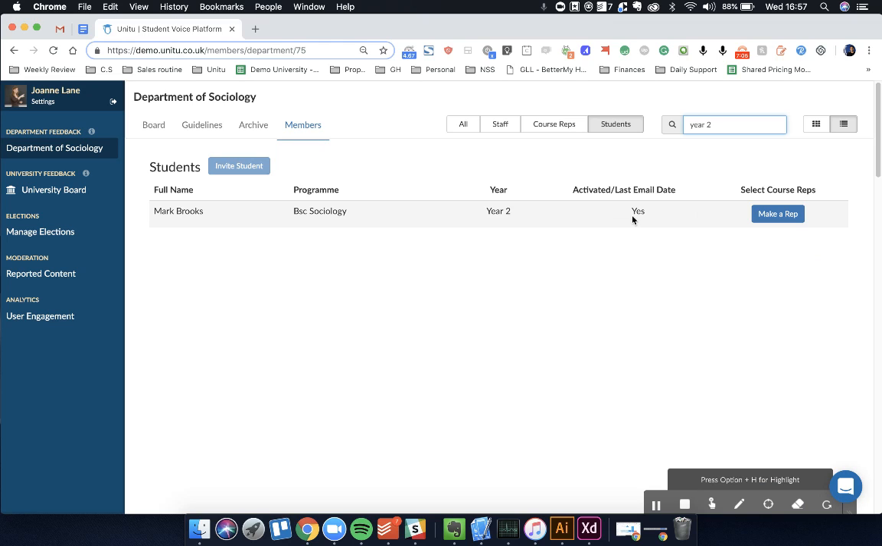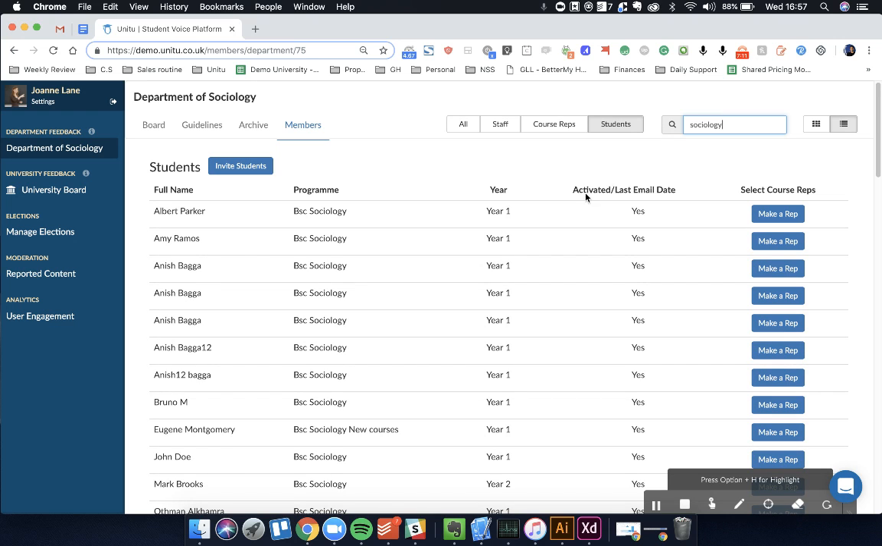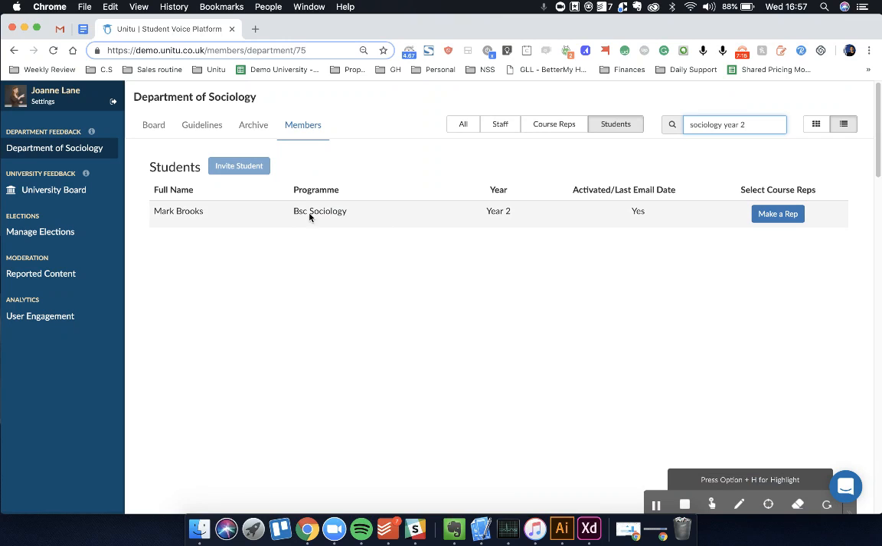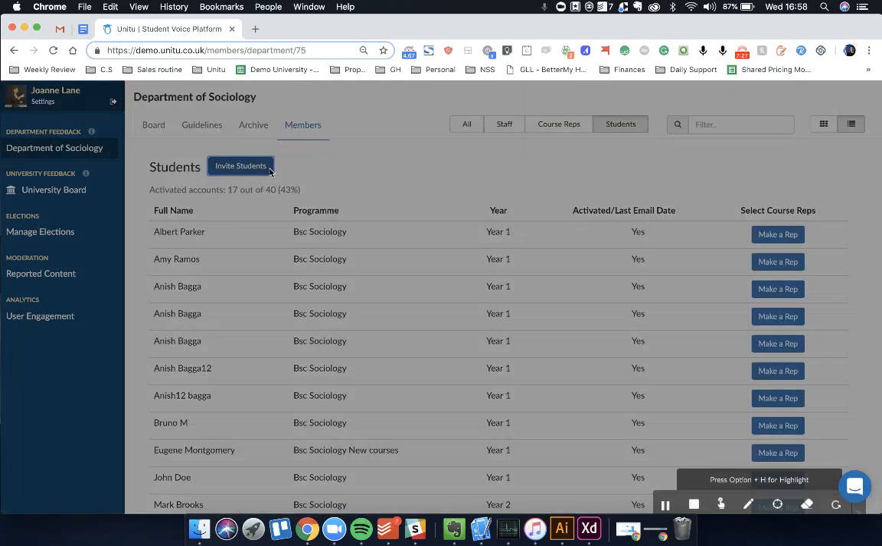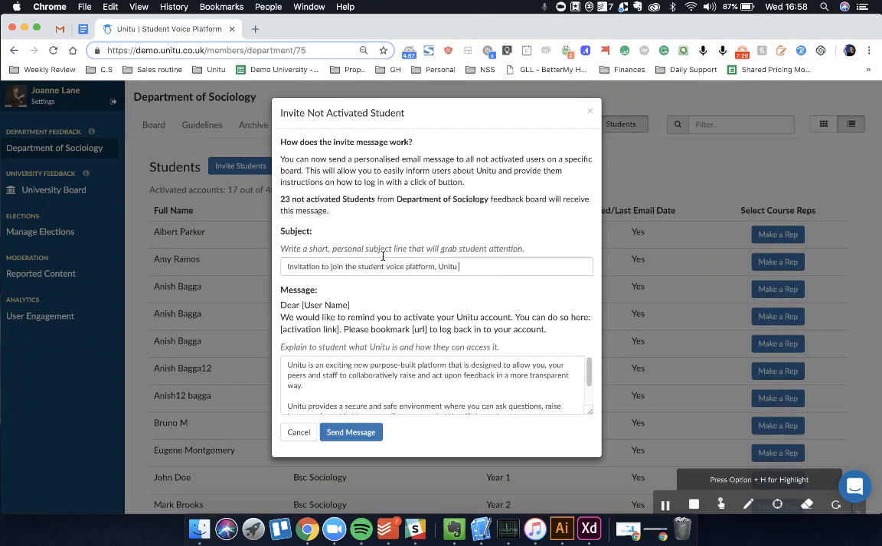In this case, this student has activated their account, so it wouldn't be able to send it out to them. If you only wanted to do sociology students, you can also do sociology. If you only want to do sociology year 2, you can also do that as well. So you can really filter it down to program and year, and if they're non-active. This allows you to do that. But in this case, I'm just going to do non-active students,